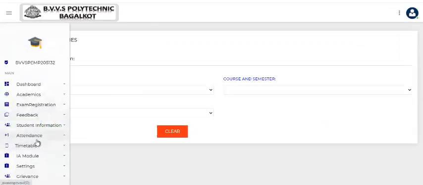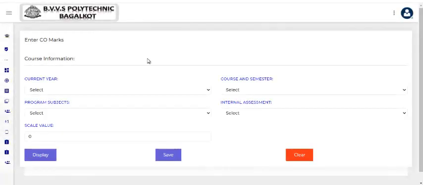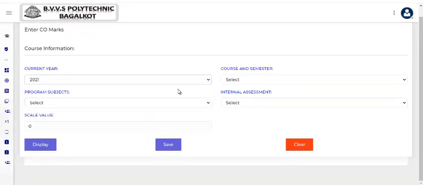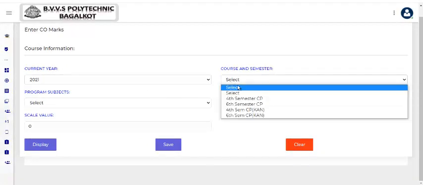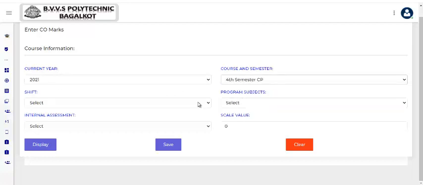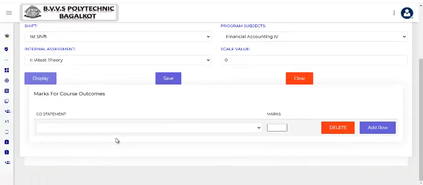Next, in IA model I'm coming with the add course outcome master, where we can just mention the marks here. I'm selecting course 2021 fourth semester, or I can just choose here first shift subjects. I'll just take it as displayed.